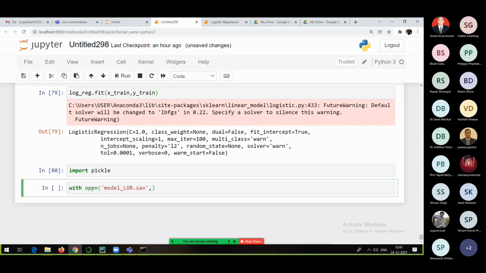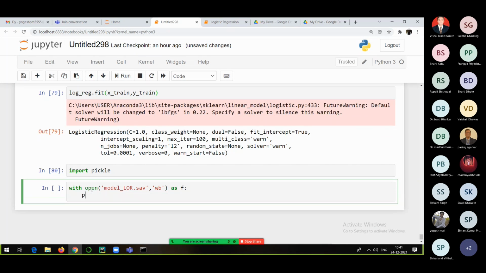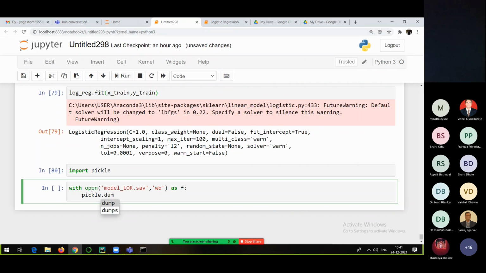If we try to open the file in read mode, that happens. But what I will do is open this file in write mode and binary mode. Write mode means if the file is not present, it is going to create that file as f. f is like a pointer. And then I will do pickle dot dump. I am going to dump everything in that particular file. What everything? The model logistic underscore regression, comma f. f is nothing but that file.